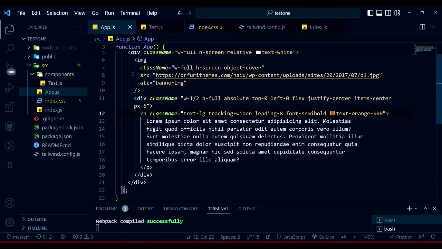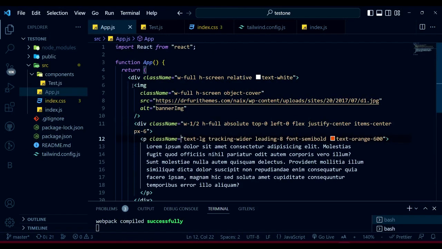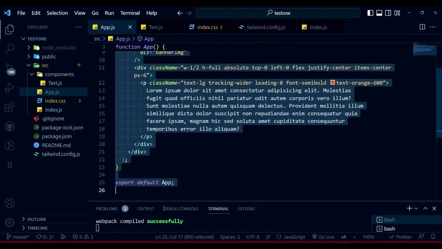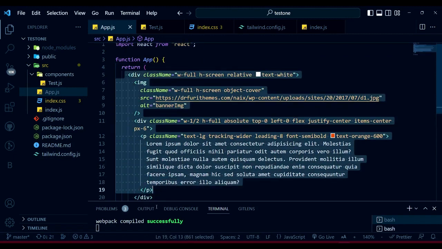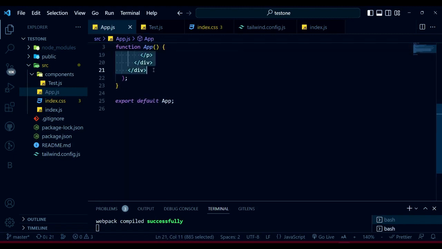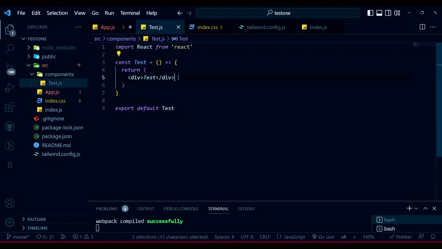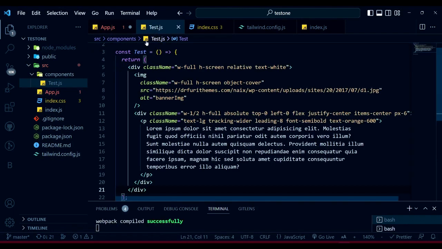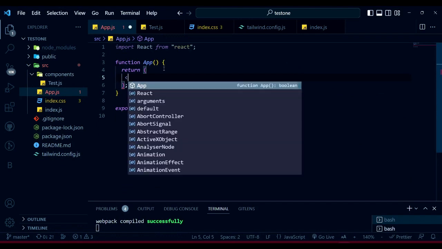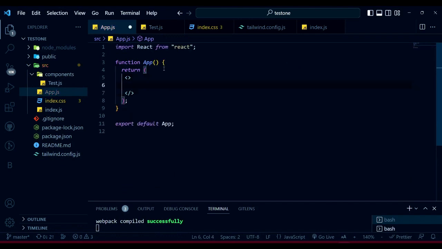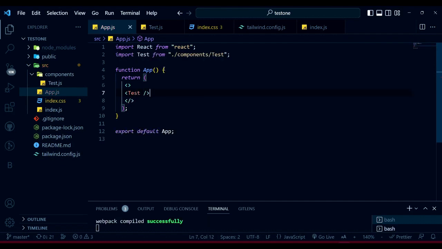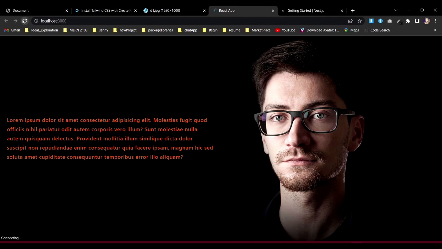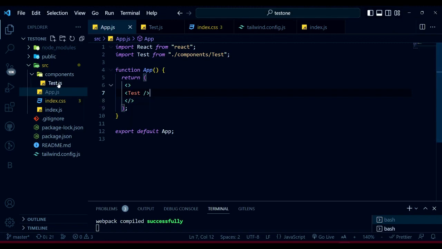And then what we're gonna do, remember, from that div onwards, we're gonna take everything from here. We can take the full div. We're gonna cut it from here and paste it in the test component. Now in the app, inside the fragment, we will just take the test component, and after saving it, it's still working just as usual. So now you can create your components, create the pages, and